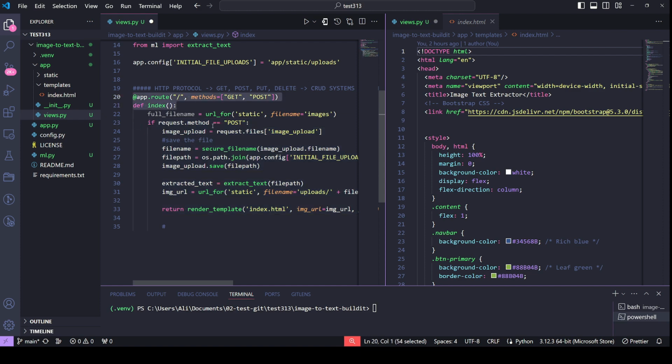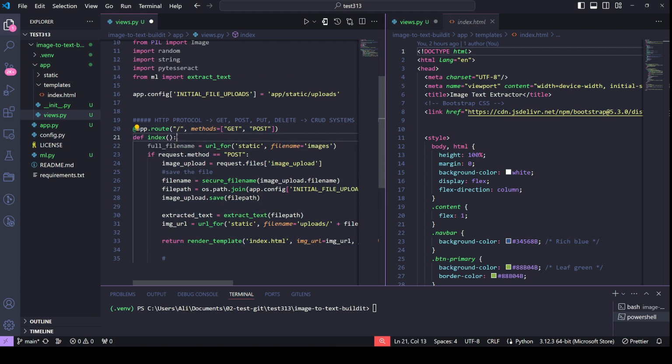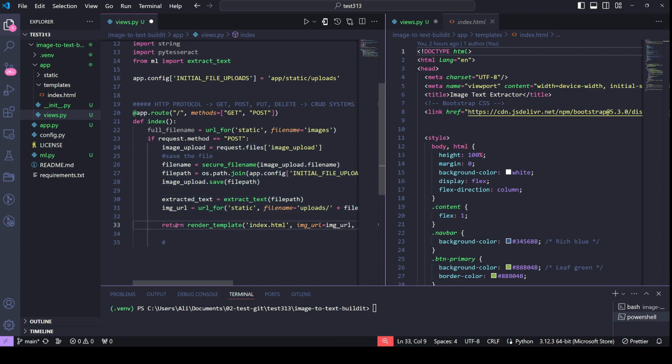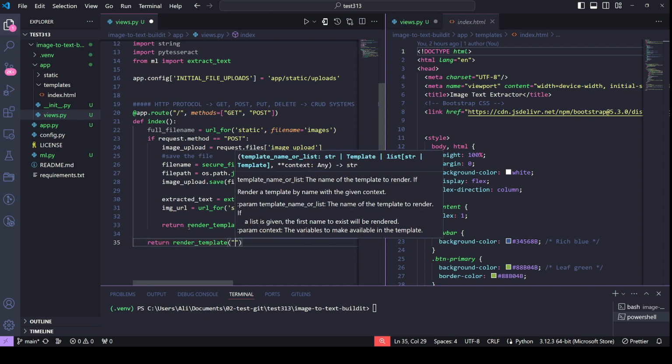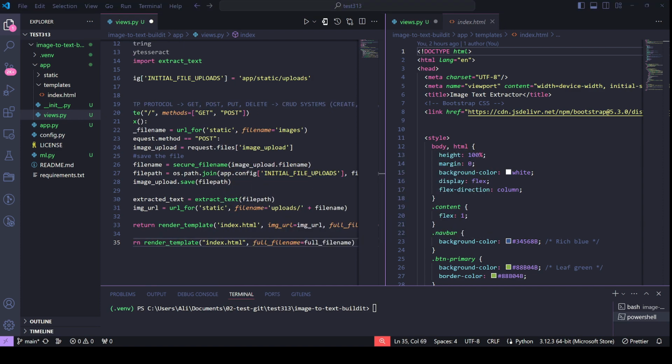and this covers any post request coming towards this endpoint. So we have defined this endpoint. We mentioned that it will handle get and post requests, and the first thing we find in our conditional statement here is what happens if there is a post request coming. This is the logic for the post request, and our return statement will finish processing of our post request. But else we want to handle a get request, and we will again give the HTML template. We want to give file name is full file name, and lastly